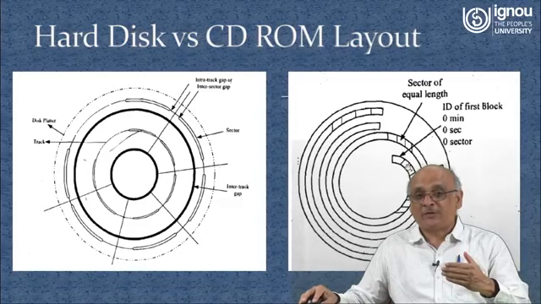So suppose I'm reading from this block and suddenly I move to another block over here. In a hard disk, no problem, the speed is the same. But in this particular case, first of all, I won't be recognizing which track it is. So I need to identify first the track where my referred block is going to be.